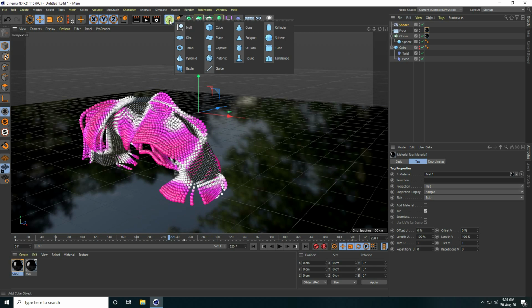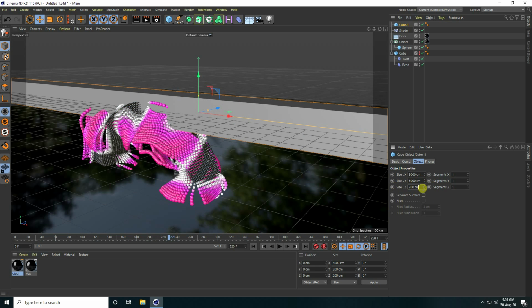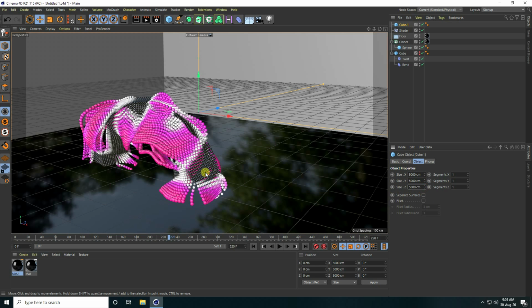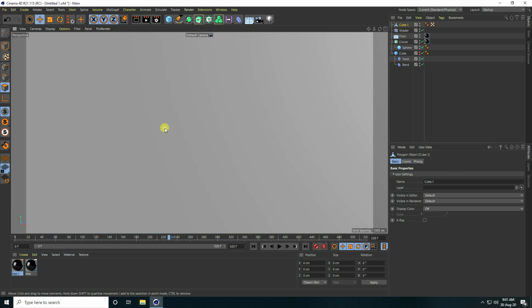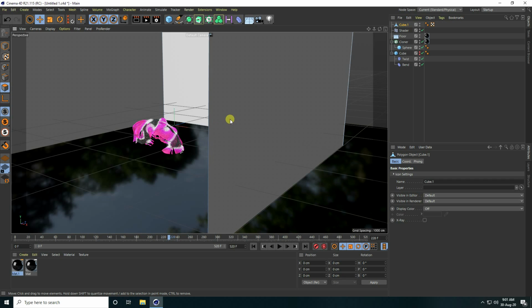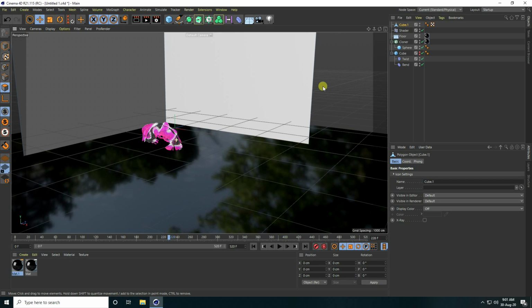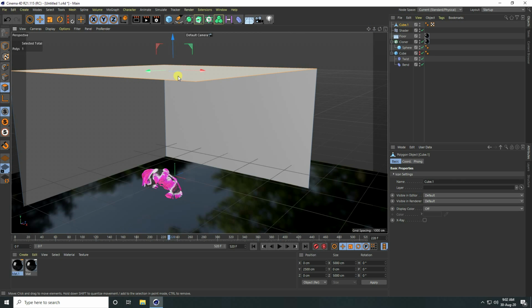And now guys, I create the background. So I take a cube and increase the cube size, like 5000 and 5000. Right? Okay, so guys, make this cube editable. Click here and select polygon. So go to the back, select this face, this one, and delete. Go to the top, select this top one and delete.